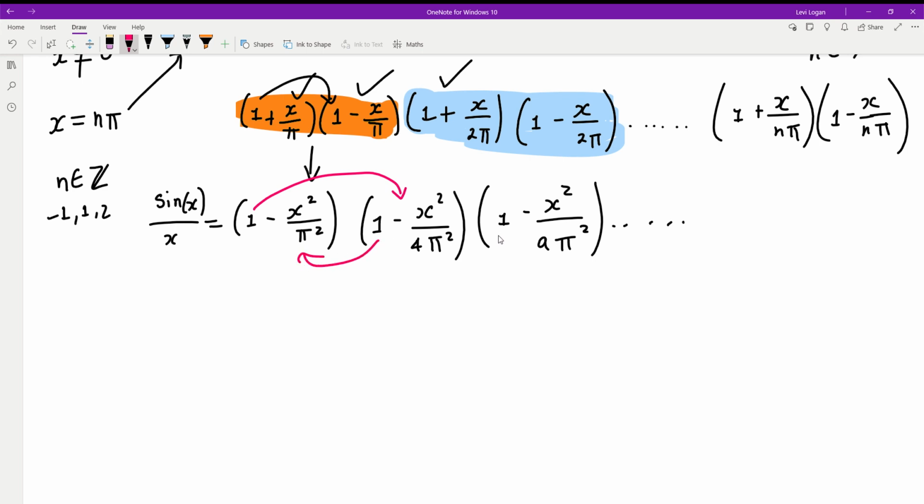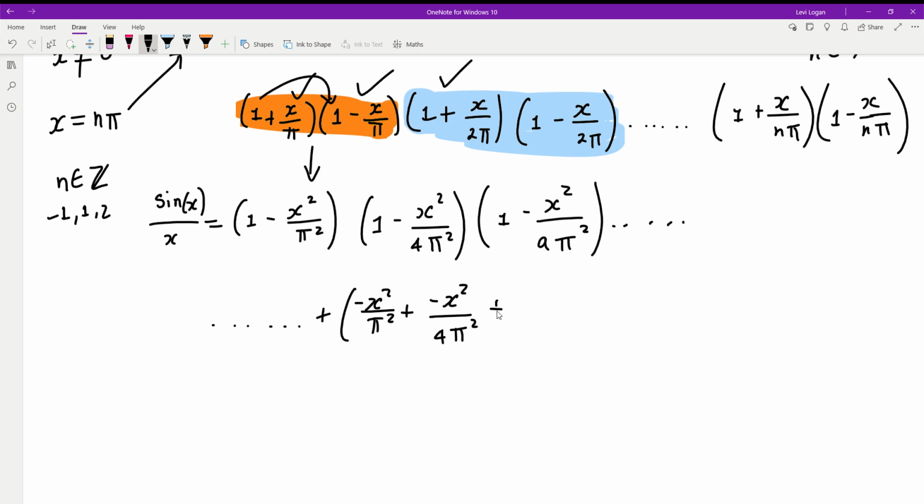This one by here, this one, etc., etc. So do you agree if we multiply all these brackets out, we'll have all these terms. But let's take a look at just the x squared terms. We'll have this plus negative x squared on pi squared plus negative x squared on 4 pi squared plus negative x squared on 9 pi squared. Now the reason I'm getting all these terms here is these are all the terms, and there's